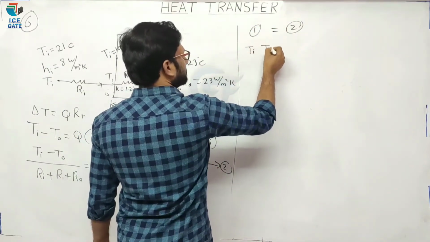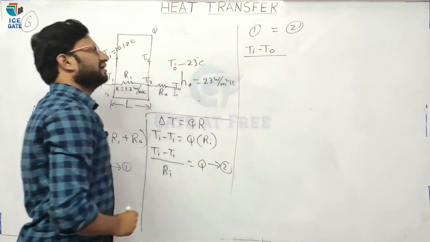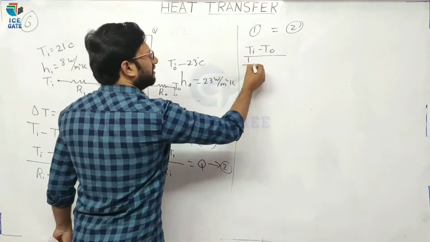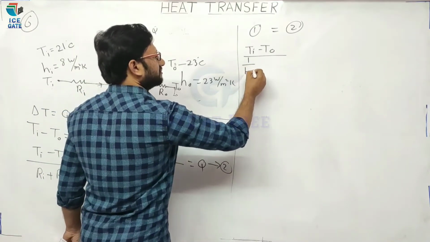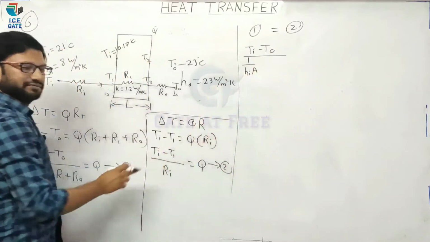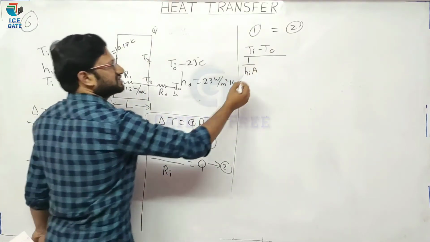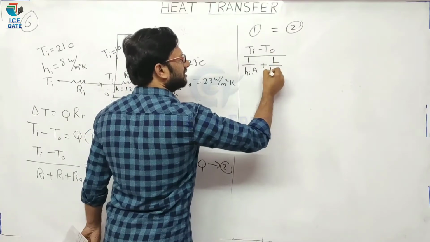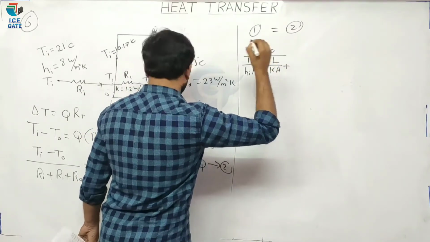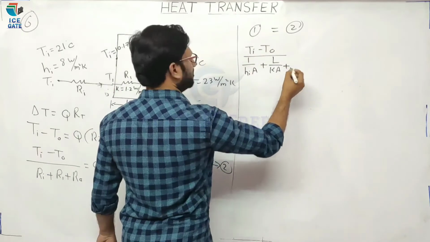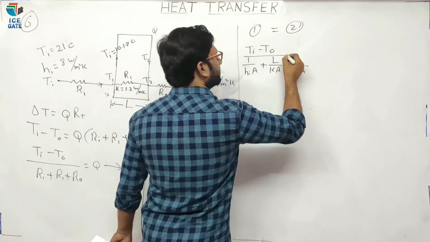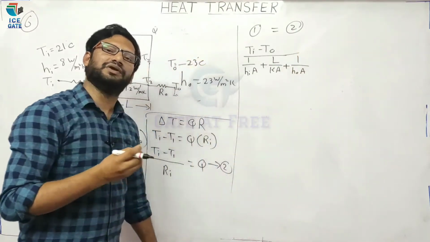(Ti - T0) divided by, now write down the equations, convective resistance formula, 1 divided by Hi into area, plus R1. R1 is conductive resistance. What is the formula? L by K into area, plus R0. What is R0? Convective resistance, 1 divided by H0 into area. If area is not given, take per unit area